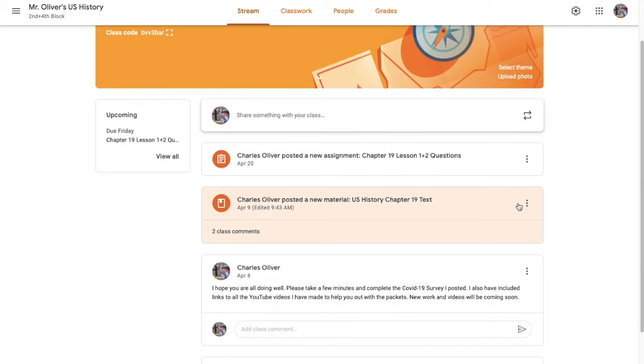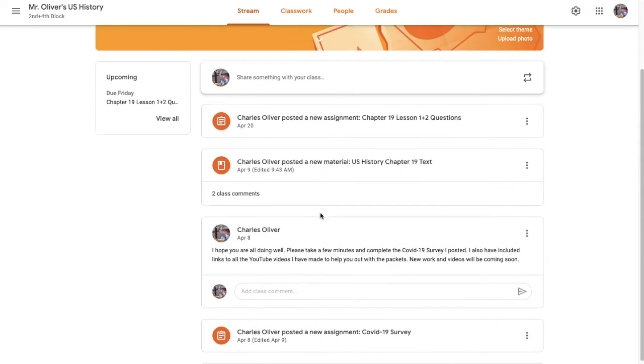You'll be able to see all the things that I've posted here. I'm going to have updates, and they're going to show up right here with my name next to them. It's also going to have different types of documents. So right here, you can see U.S. History Chapter 19 text, and that's where I'm going to put the textbook and the videos. If you click on that,